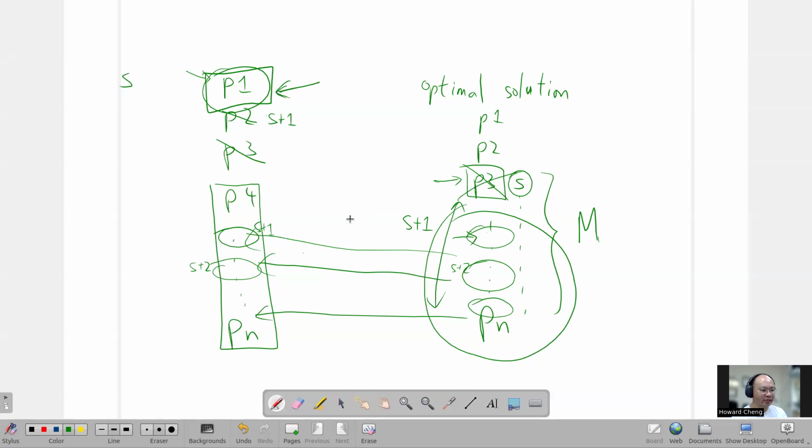So what does that mean? That means that if I have an optimal solution that doesn't choose the first problem that you can do, you could arrive at another optimal solution by choosing the first problem that you can do. And now we can get rid of this problem. And then recursively make the same argument and say, well, now that we have done this one, now we can say we start